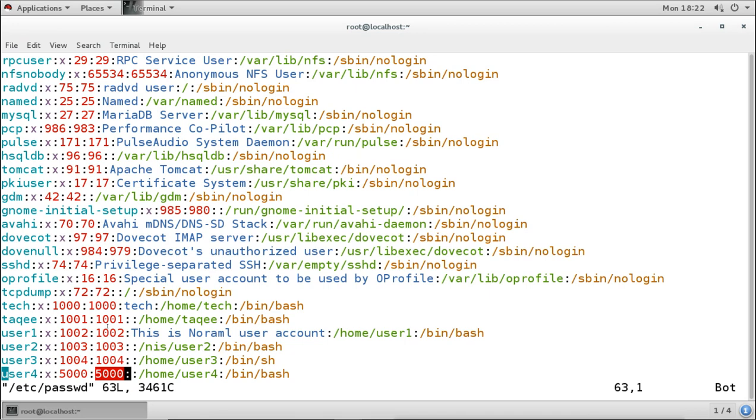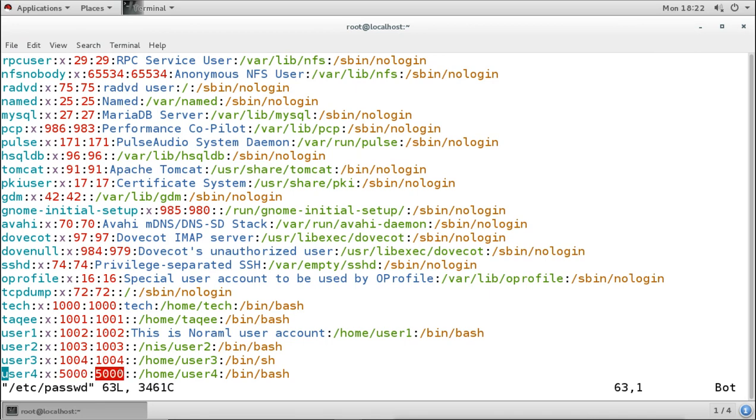For example, I told you that one group can have multiple primary members. So how can we do that? We can do that by using this option where we can change the GID. So for example, I want to create user 5. The user 5 will get the UID of 1001. But I don't want to create a primary group for that user. I want to use an existing group for that user as the primary group. And that means I will change the GID option.